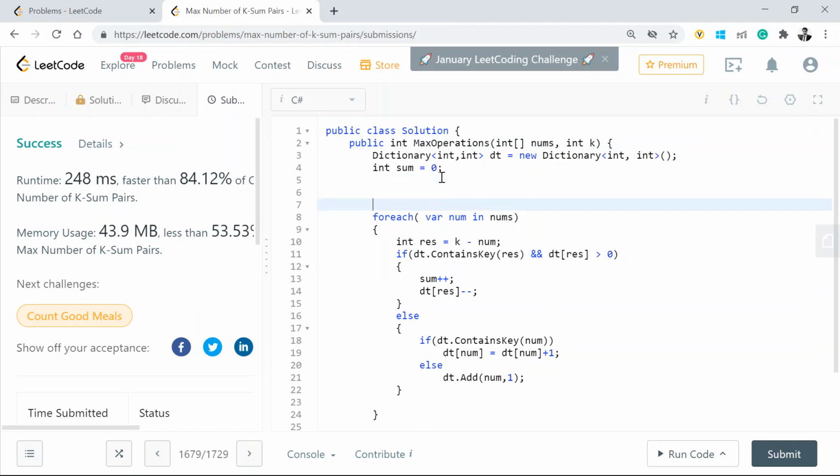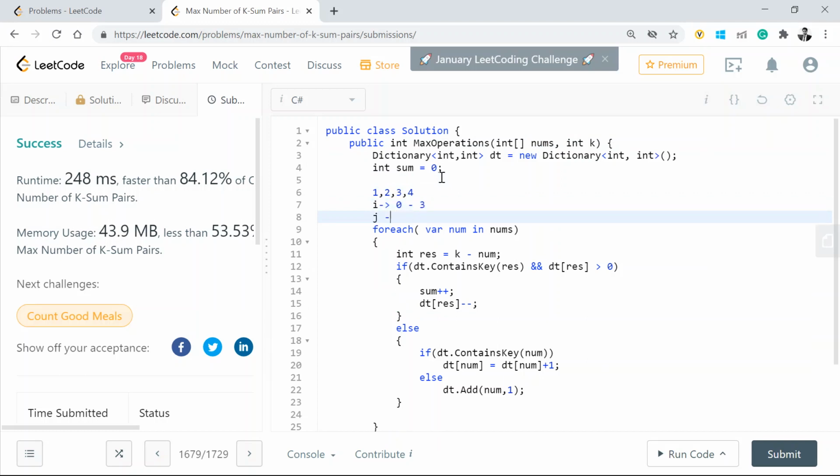So say I sorted this value, then it becomes 1, 2, 3, 4, 5. Then I have an i which will move from 0 to 3 index, and a j which will move from 3 to 0 index.